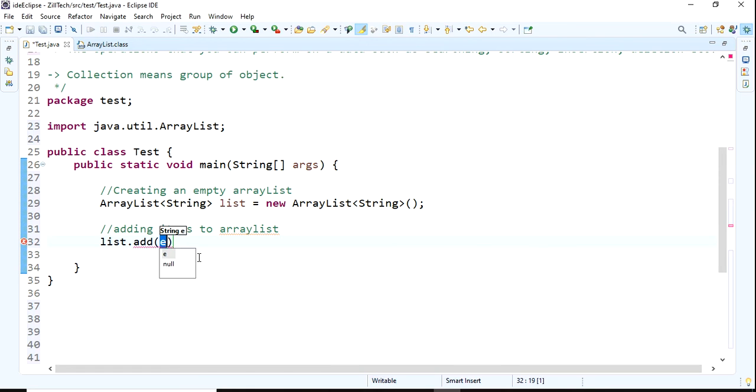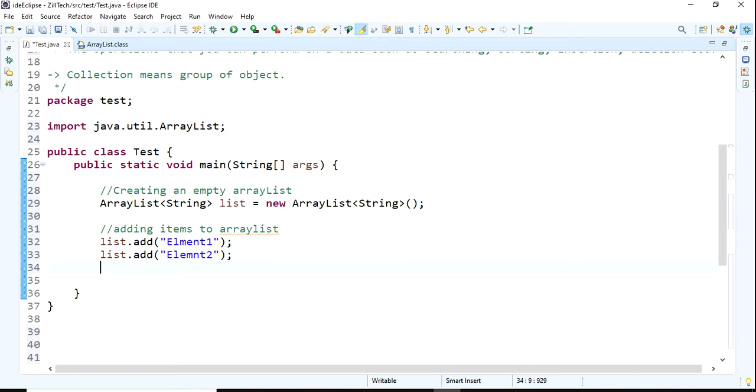I am clicking on this. I want to add element 1, and next list.add one more element, element 2.